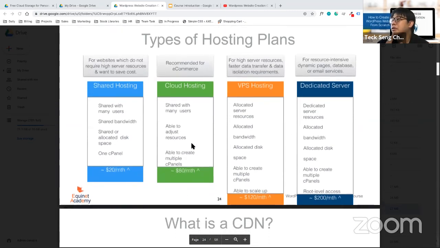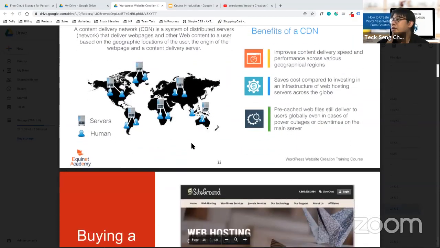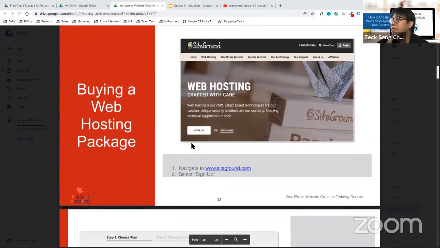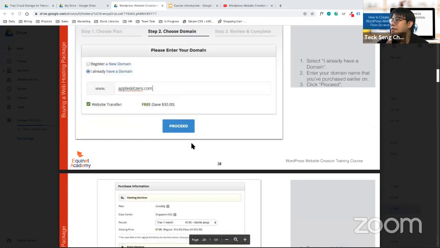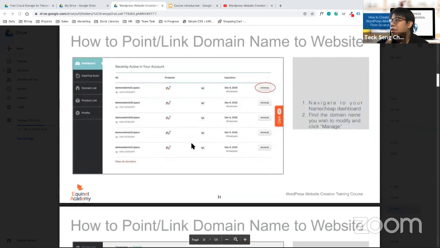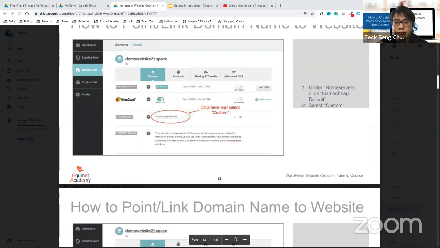It should be all right. We also have CDN, content delivery network, as well as the host itself. In the example, we mentioned buying the host from SiteGround already. Okay, that's about it for your domain name and your server.